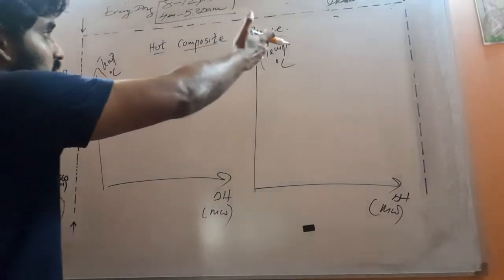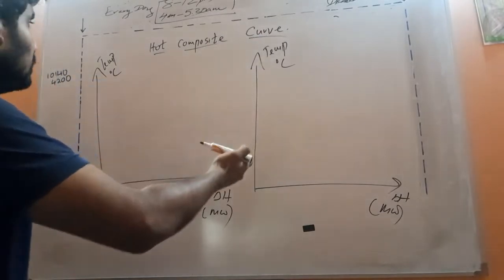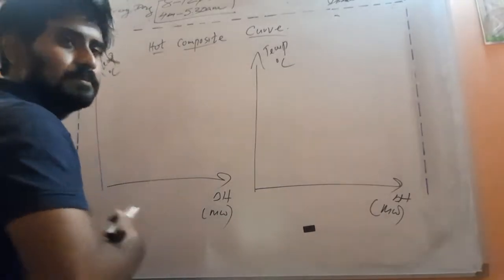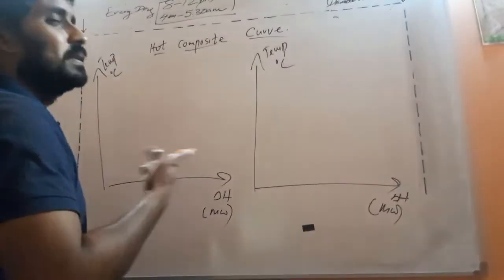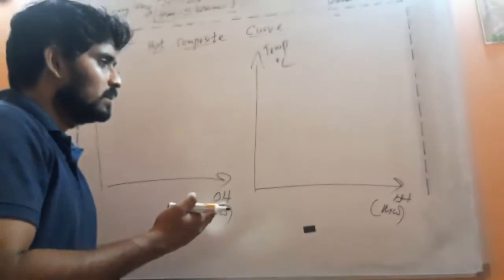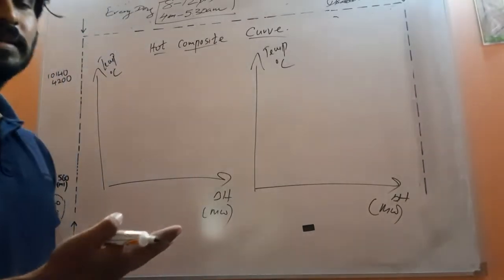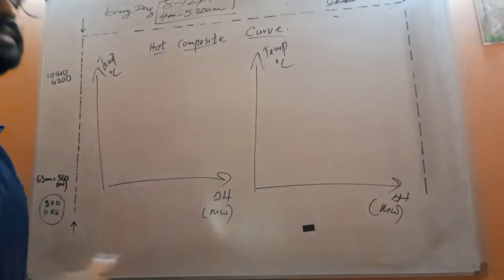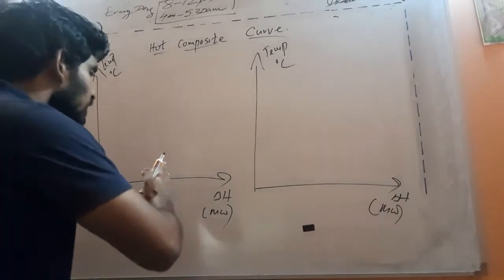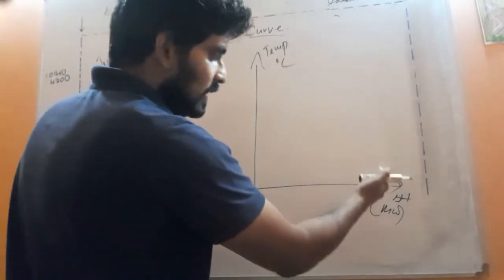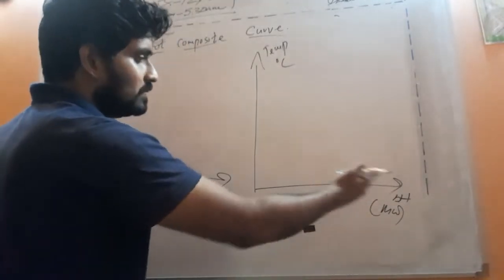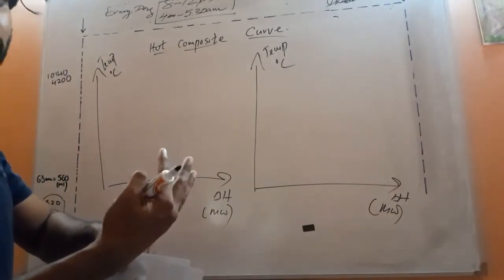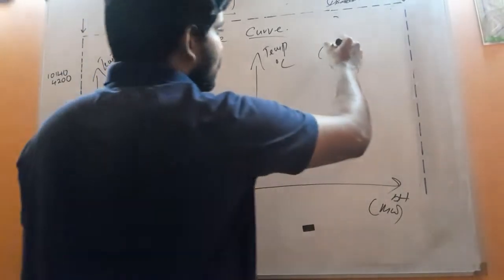In this hot composite curve we need two axes. In the first axis we individually represent the curves for each and every single process. For process 1 we sketch the curve individually, and also for the next process. Then in the next axis, we need to sketch the combined hot composite curve, right? This is for the combined